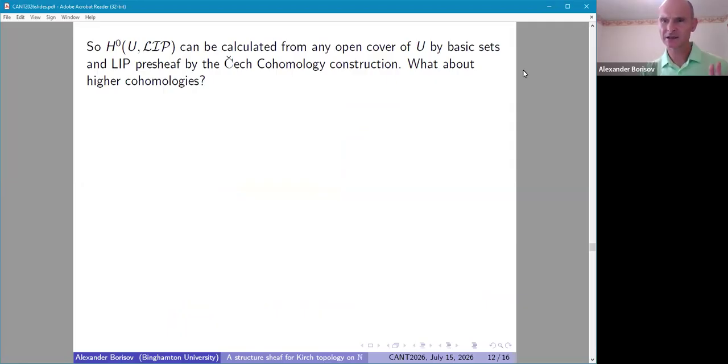This theorem basically says, if you know Čech homology and some are familiar with sheaf theory, that we can calculate global sections or H0 of the lib sheaf on every open set U by the Čech construction from the lib presheaf. And the natural question, what about higher homologies? This is a conjecture. These basic building blocks have no internal cohomology when it comes to coefficients in the lib sheaf. Higher homologies are 0.